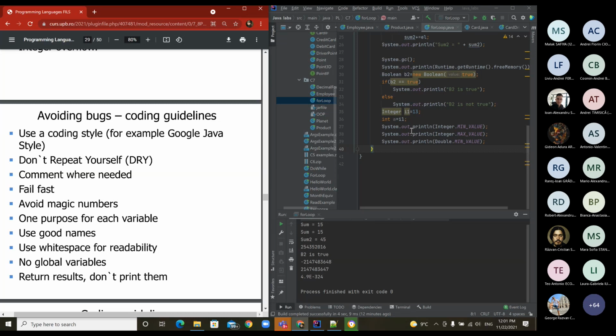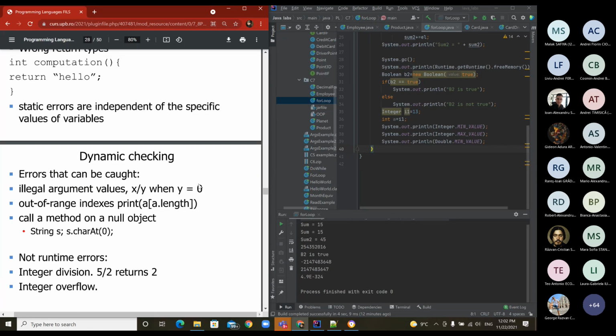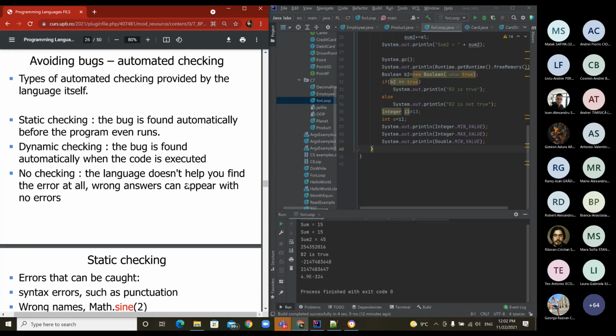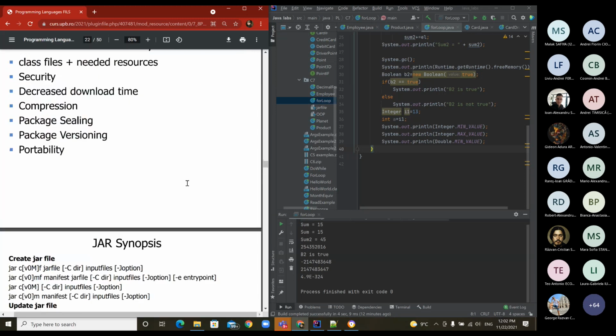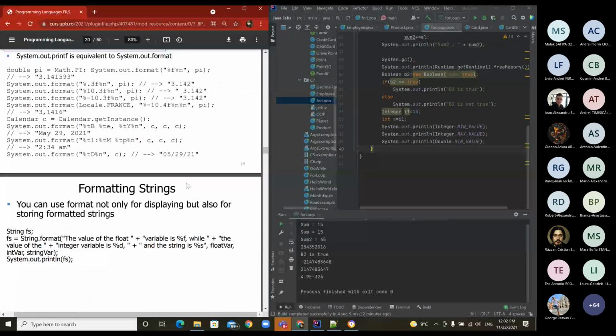Also, you will have numbers, so you should avoid magic numbers. Let's say you have a number A, B, C, and it makes no sense. Whether you have something like pi and you use it from Math.PI, you need to declare it. It was over here. As you can see, you have a double PI. So please put